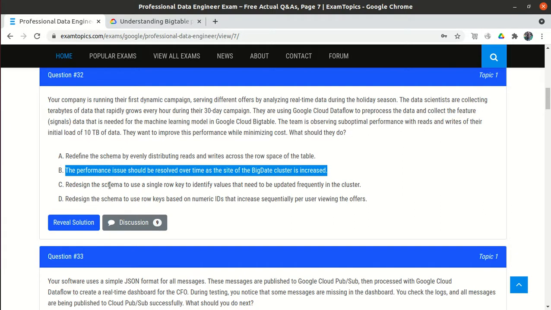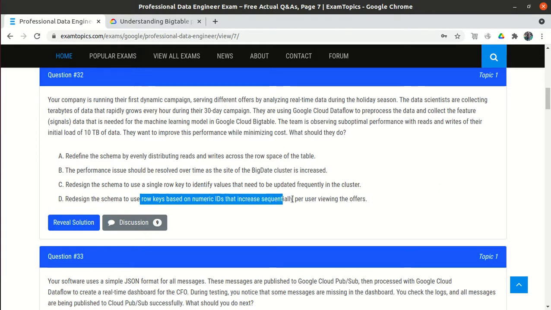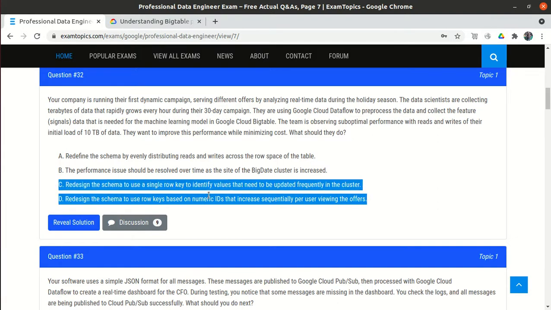Option C: redesign the schema to use a single row key to identify values that need to be updated frequently in the cluster. Bigtable generally works on key-value pairs. Option D says redefine the schema to use row keys based on numeric IDs that increase sequentially.